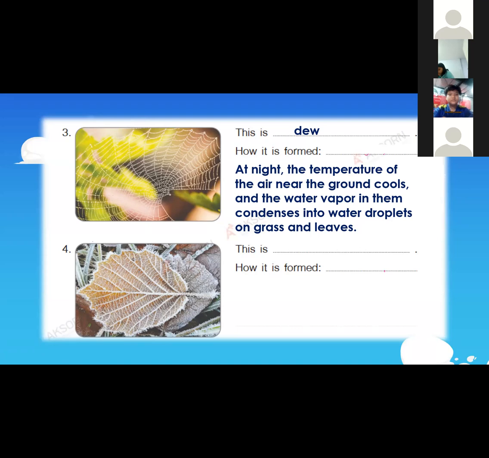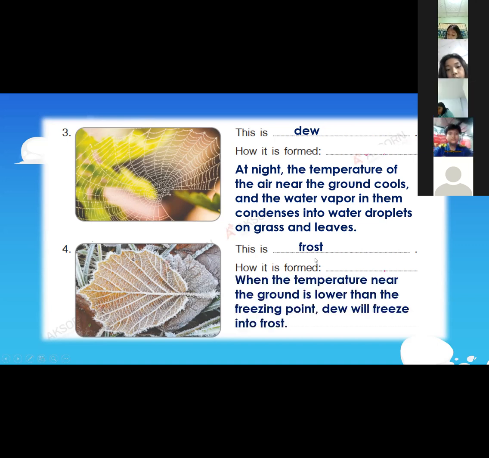Frost. That is right. So number 4 is frost. It is formed the same way as dew, but dew will freeze into frost when the temperature near the ground is lower than the freezing point.